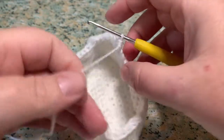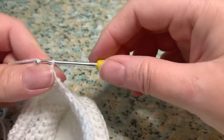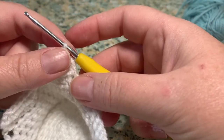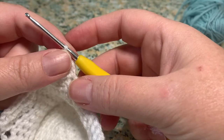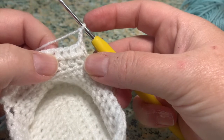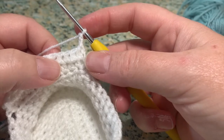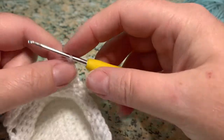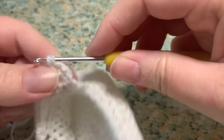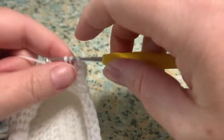Now we're going to turn around again, and we're going to make 2 chain stitches, which will count as your first half double crochet stitch, and then we're going to make half double crochet stitches in the next 4, and your 2 chain is counting as your first one. So it's 1, 2, 3,